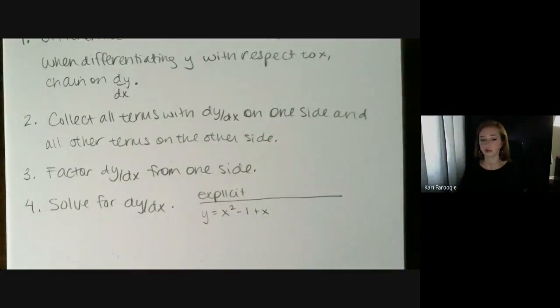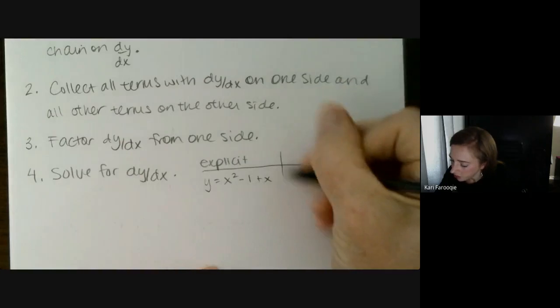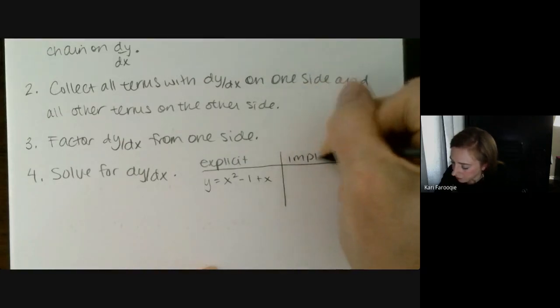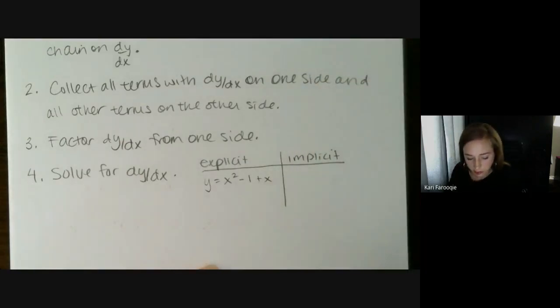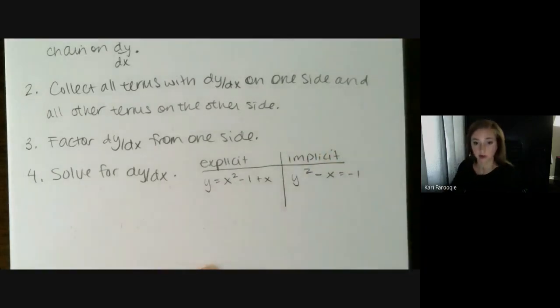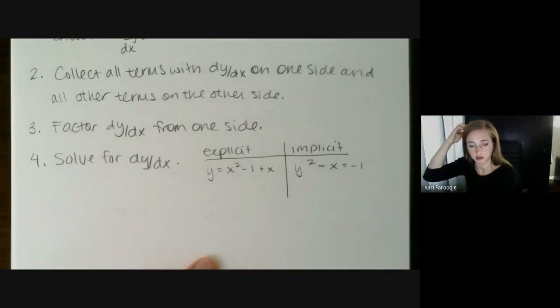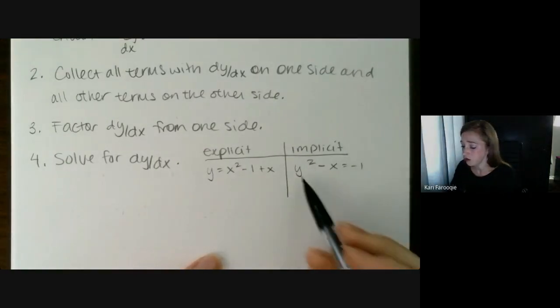There's a y on one side by itself, and there are some sort of functions of x on the other side. An implicit equation might be written something like y squared minus x equals -1. A lot of times an equation like this is just left implicit because if you wanted to solve for y,